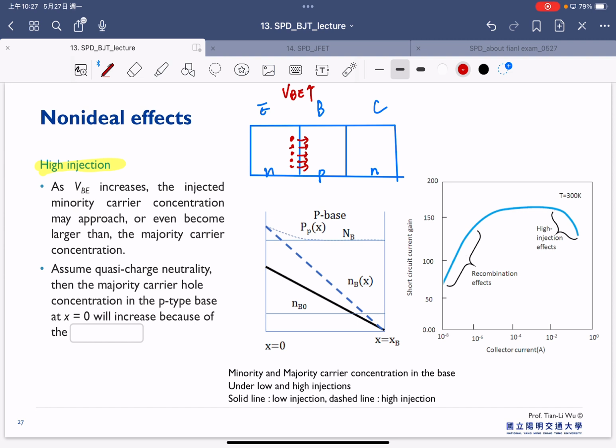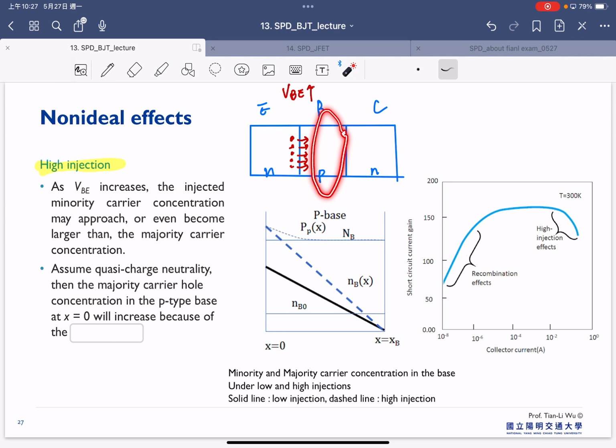And the amount of electrons injected from the emitter is determined by our VBE. So there's a chance that your injected electrons here will start to exceed the background doping in here. And in this case, we call this